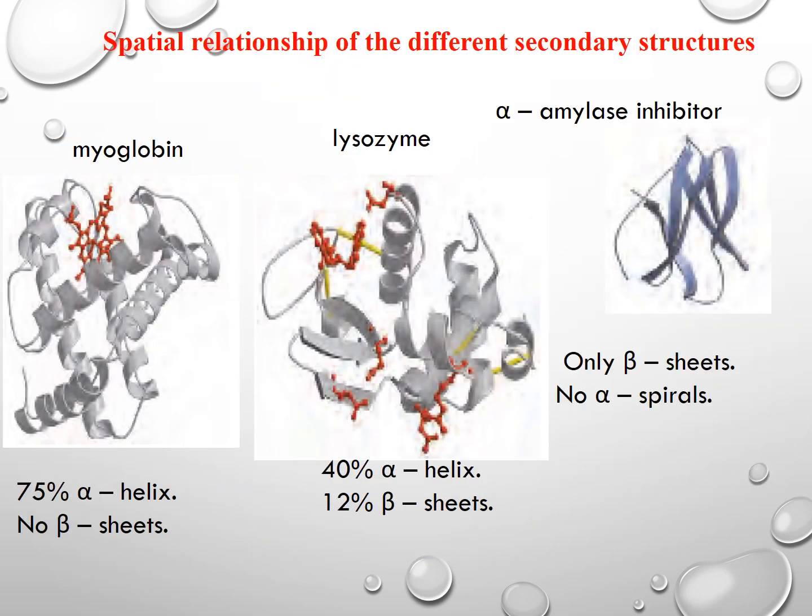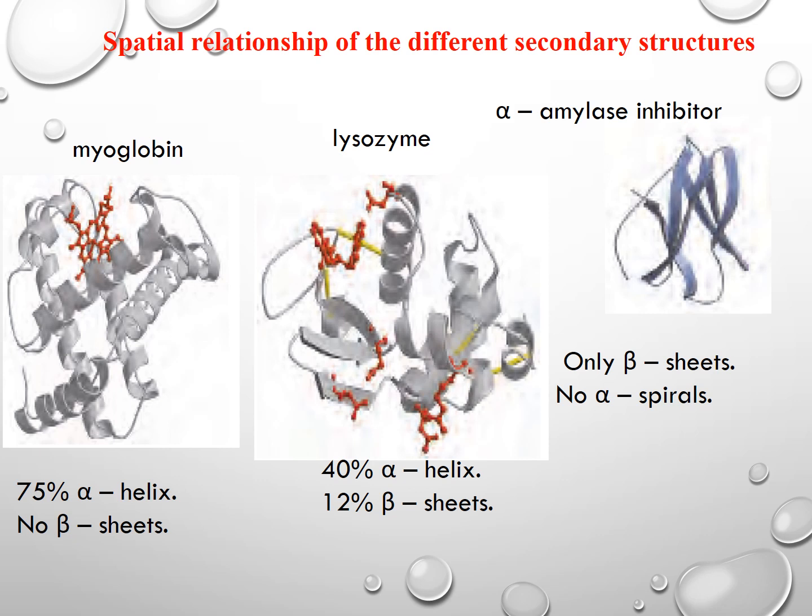Spatial relationship of the different secondary structures: as you have seen, myoglobin is an example of secondary structure, right? And lysozyme is also an enzyme that contains secondary structure. Alpha amylase inhibitor, an inhibitor of amylase enzyme, again contains secondary structure. You have seen the three examples of secondary structure of protein. As you have looked,